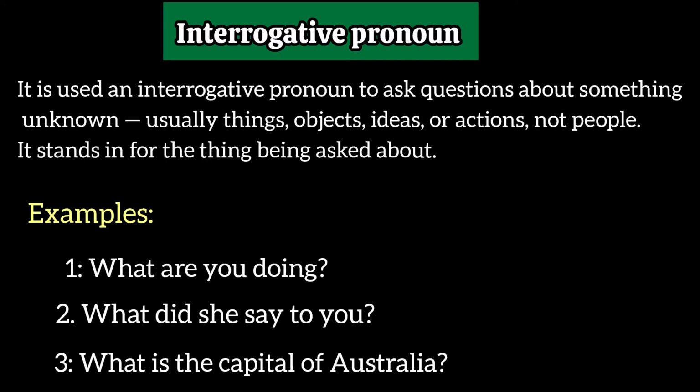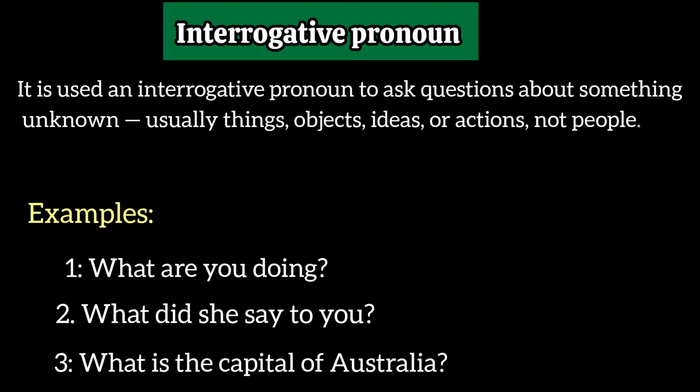In this case, the speaker wants to know the name of the capital city of Australia, but they do not know it yet. The word what takes the place of that unknown answer and introduces the question. It points to the missing information. The question is trying to uncover the capital, which, once answered, will be a noun. This is what makes what a pronoun. It replaces a noun that is not yet known. It is interrogative because it is used to form a direct question.